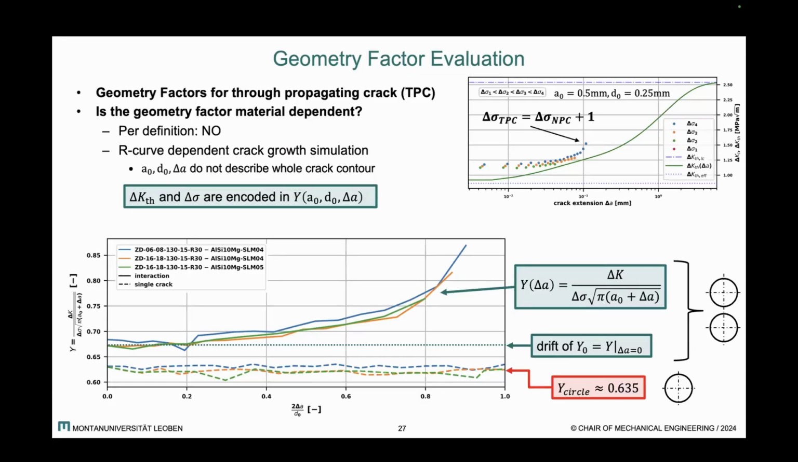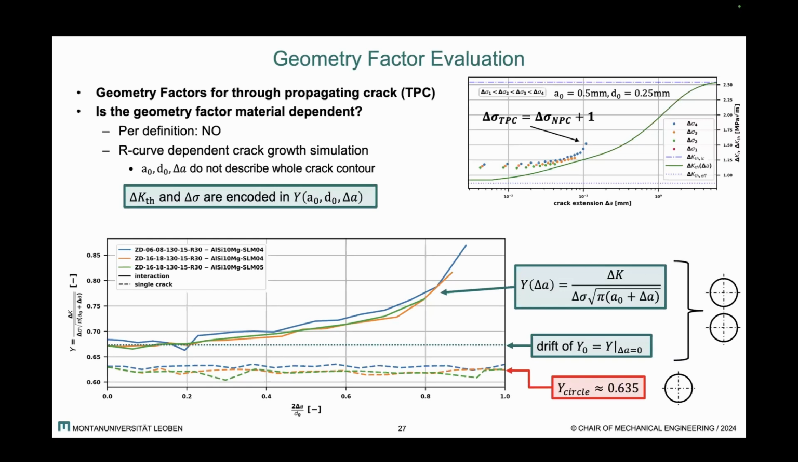What we can see here down below is the single defect. It corresponds pretty consistently, over the whole crack propagation length, to that of a circular crack. The interacting cracks show two effects. For one, a shift to a higher geometry factor, and then a rising geometry factor as the cracks grow closer